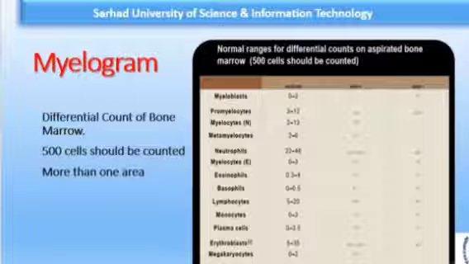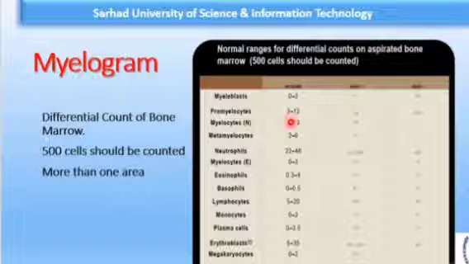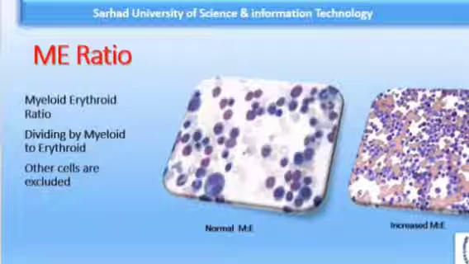That is counted in 100 cells, whereas a myelogram is counted in 500 cells. These are its normal values, as we have discussed in the earlier slides. Like myeloblast 0 to 3%, promyelocyte 3 to 12%, and so on. So the other thing that you are looking for